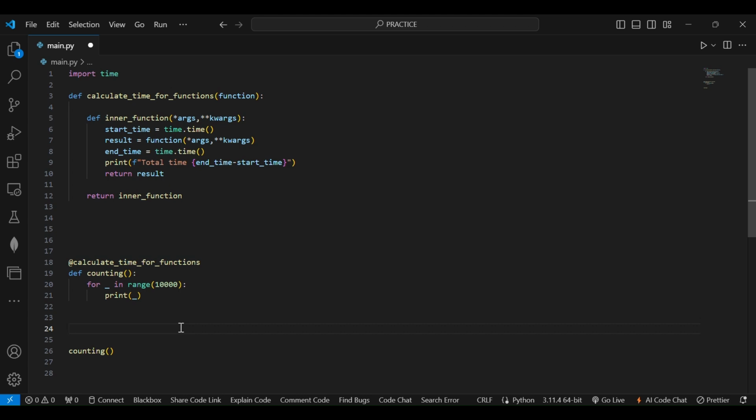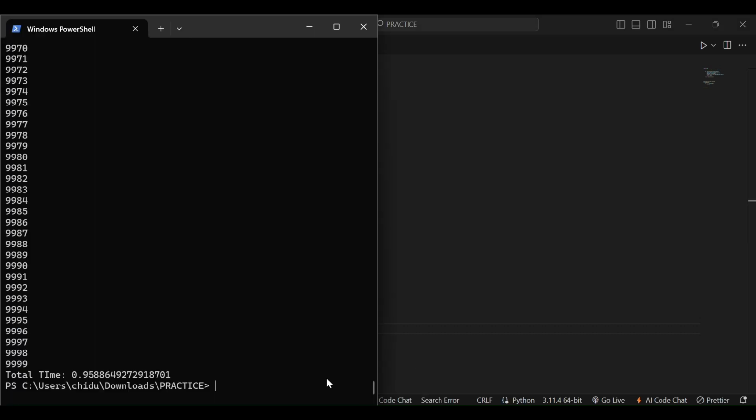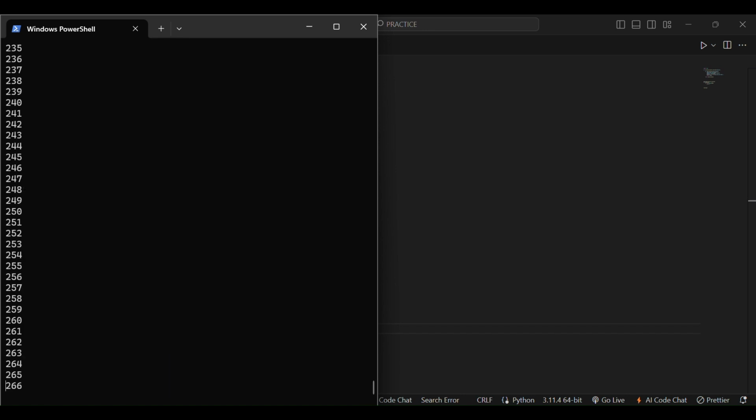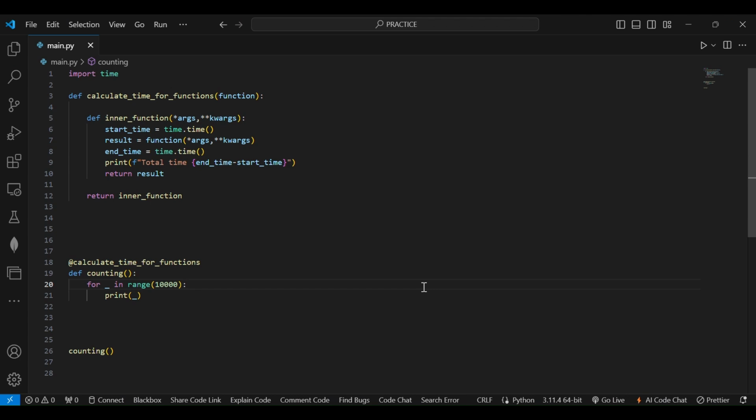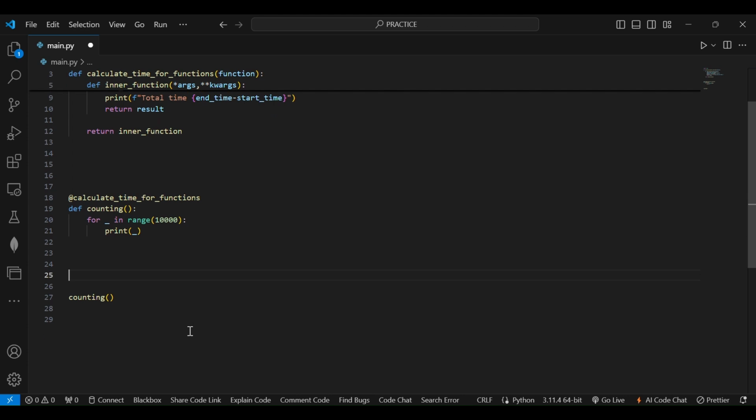Just to make sure it works, let's run it and see what happens. Previously, when we didn't have that, this was the result. So if we run it again, it's gonna show us the same result as well. It's gonna just calculate the time same as usual. But the major advantage of that is, let's say we have a different function again,